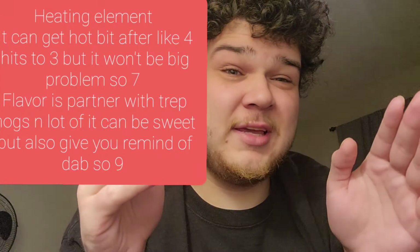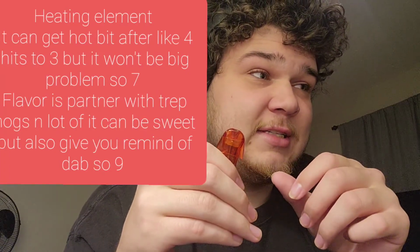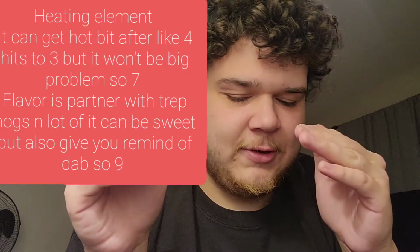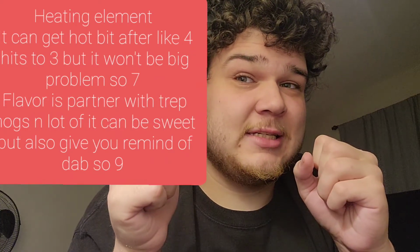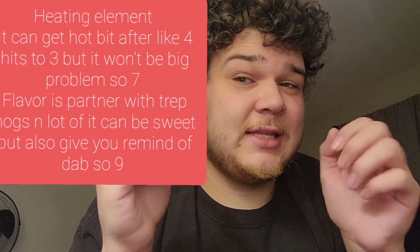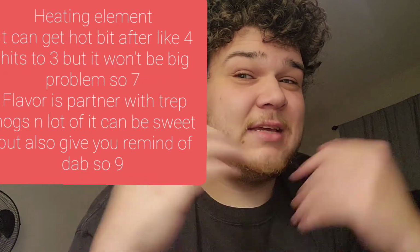The heating element, it will get hot after 3 or 4 hits, but that's not a problem in a sense because the oil is so potent. So it's about a 7. So the flavor, it's like a sweet, and also it reminds you you're smoking a dab. It also gives you that dab type of taste. And it's like a premium and clean type of dab. And I like that, so I'm gonna give this a 9. Final verdict, this whole pod is an 8.3,